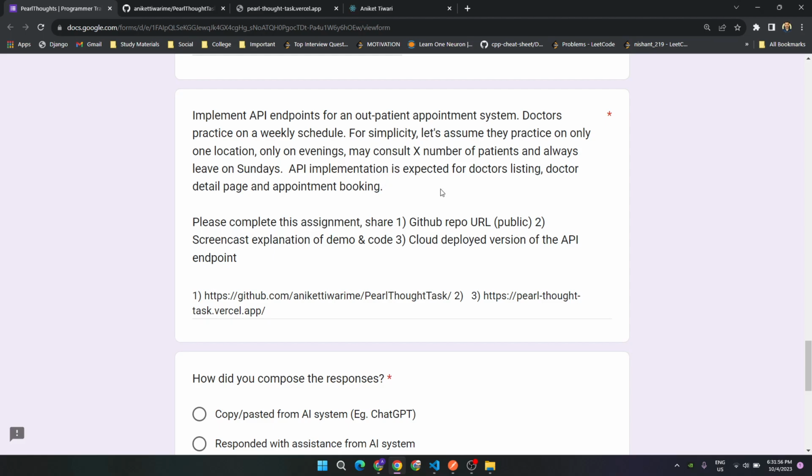This API should include doctors listing, doctors detail page, and appointment booking. For simplicity, we can assume that doctors may consult only X number of patients and always have a leave on